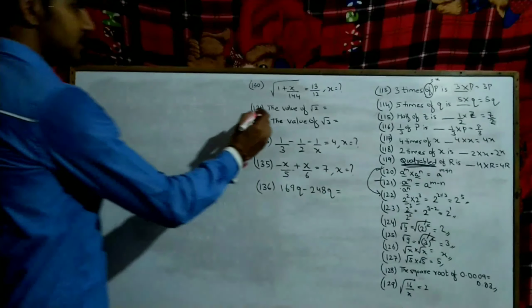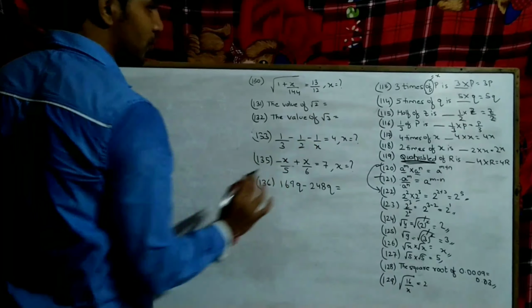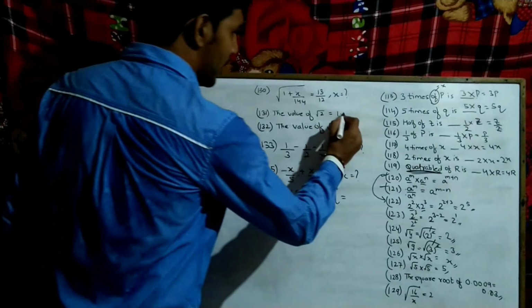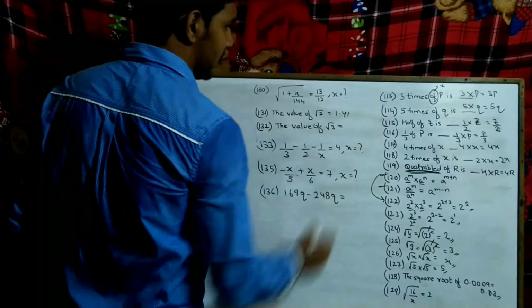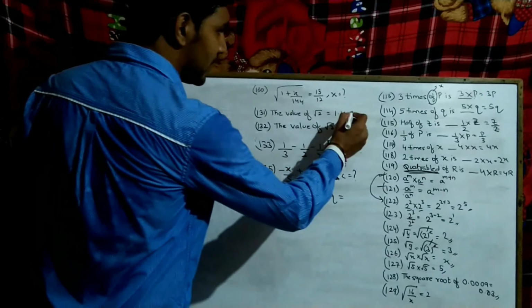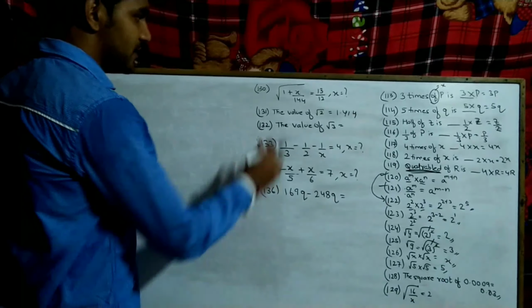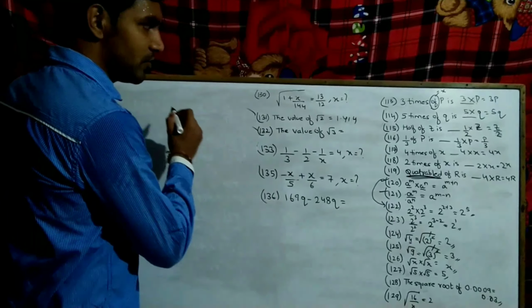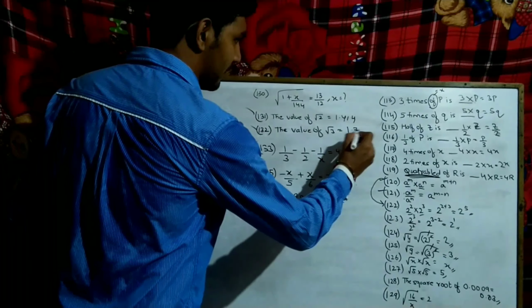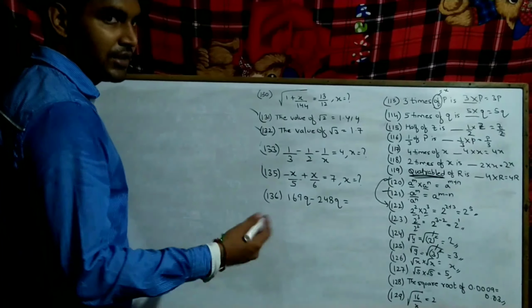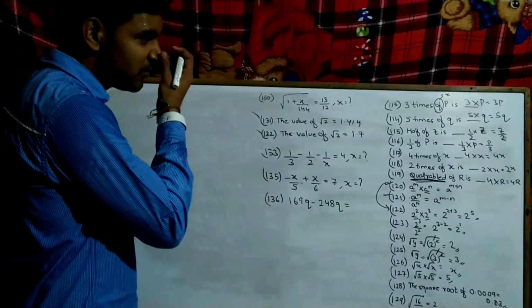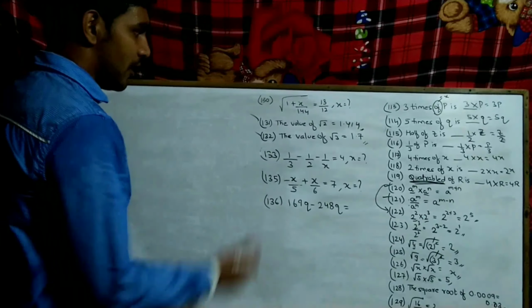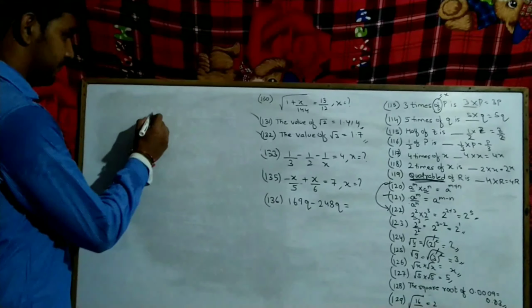Now you just remember the value of root 2. Just remember 1.41. Okay, if you want another decimal, then you can write like this. This is a direct value. And root 3 also is a direct value. 1.7. Okay, 1.73 if you write, then also is correct. But only one decimal is enough. Now let's go to 133.